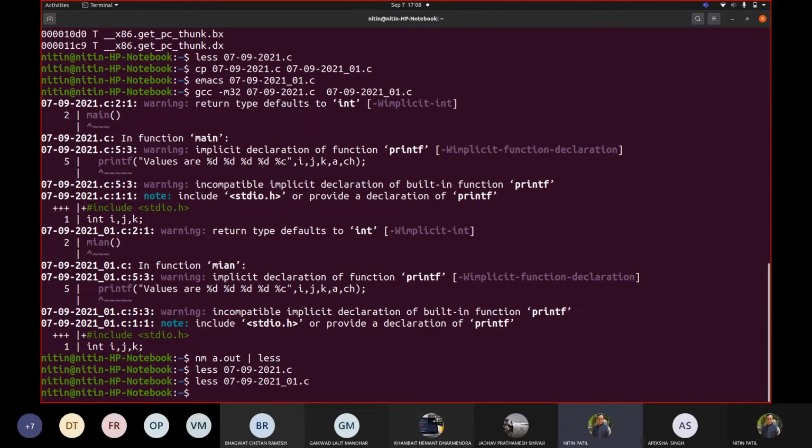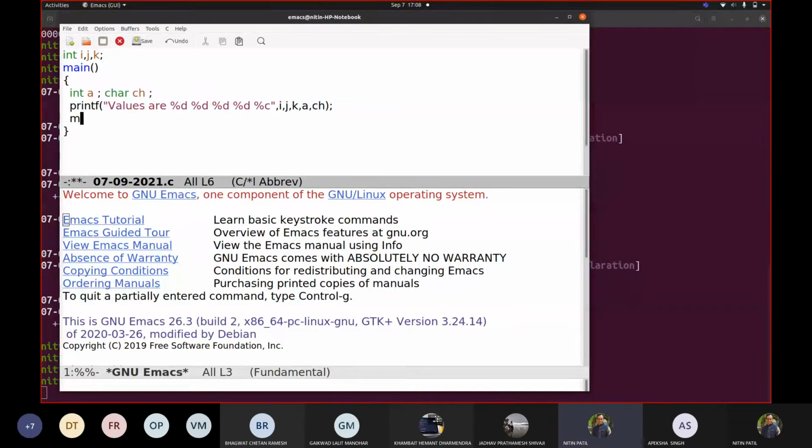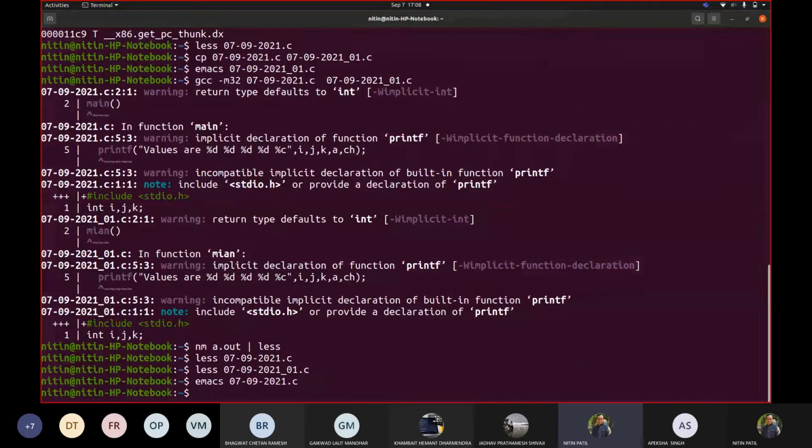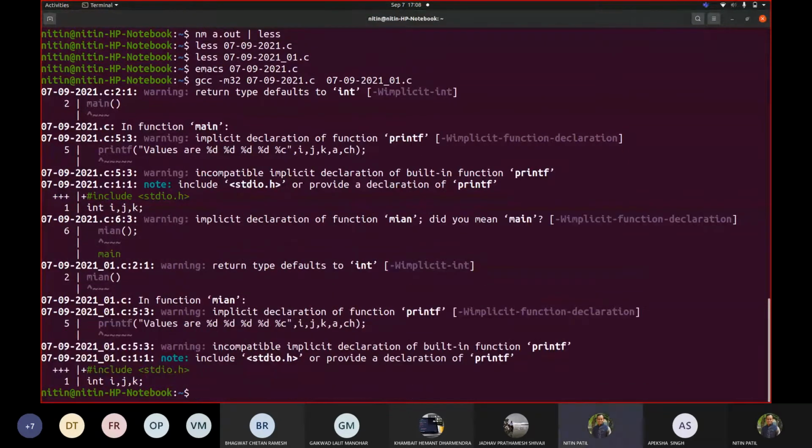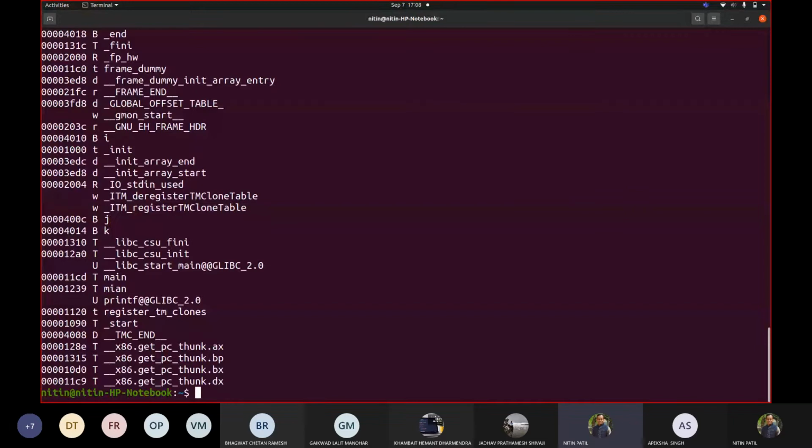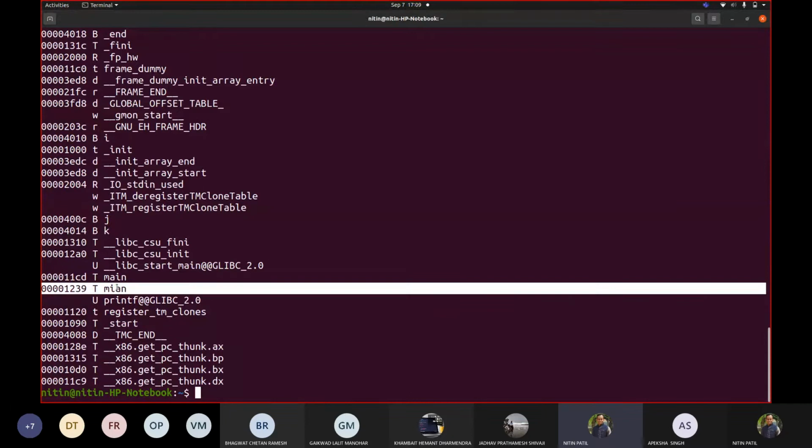So let us go back to the original file again. Let us call this. Now let me again generate the executable. Okay, only warnings are there. So if I now see nm a.out again, what happened with the ijk which seemed to be repeated there? I can see that main and MIN are available here, correct? Main and MIN, but ijk is occurring only once